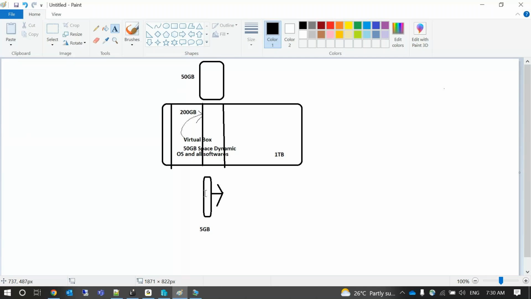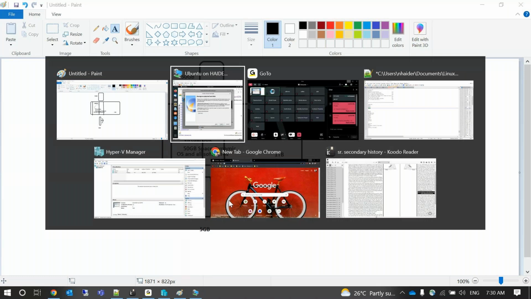Dynamically allocated is based on your requirement, it will increase. If you are not using, it will not increase. I will show you also, don't worry. So dynamically allocated,